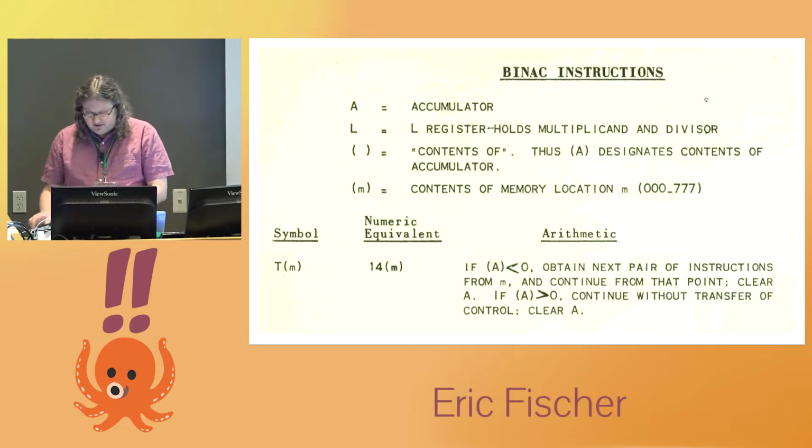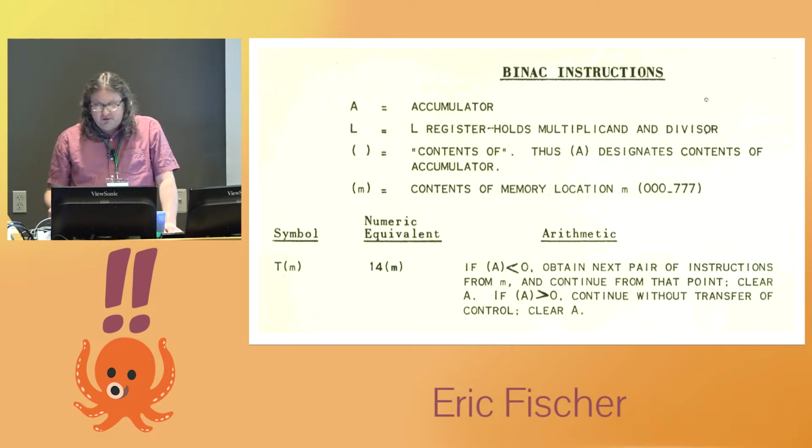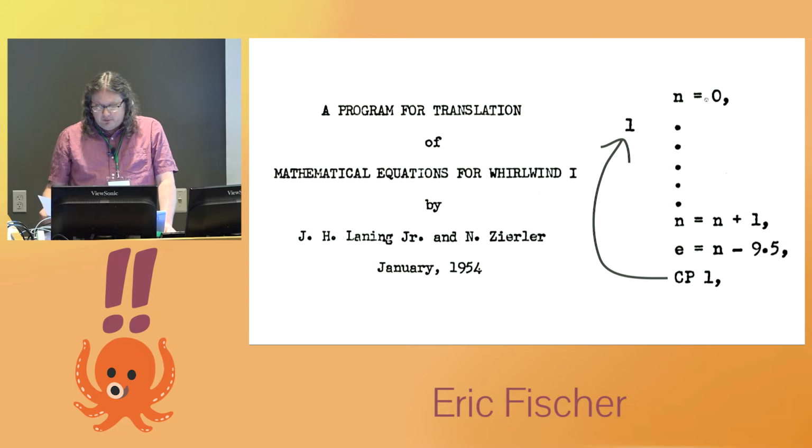This was meant for a specific usage pattern. If you wanted to do a task, say, 10 times, your program counted how many times it had done it so far, and then subtracted 10. If the result was negative, the task wasn't done yet, so it jumped back to do another round. This idea was carried forward into the first higher-level programming languages, like Halcombe Laning and Niels Zierler's language for Whirlwind. Their conditional jump instruction worked the same way, except that the numbered steps of the program were algebraic expressions, not single machine instructions.